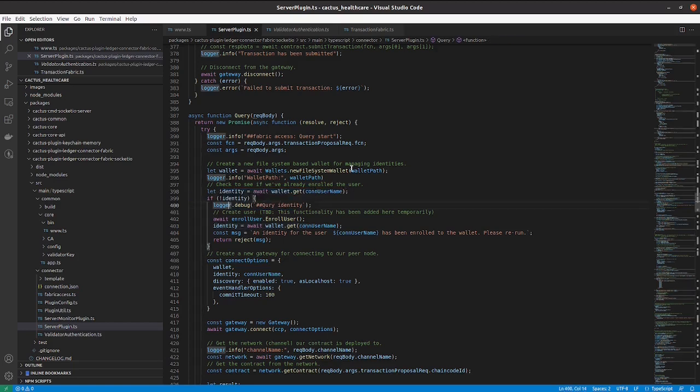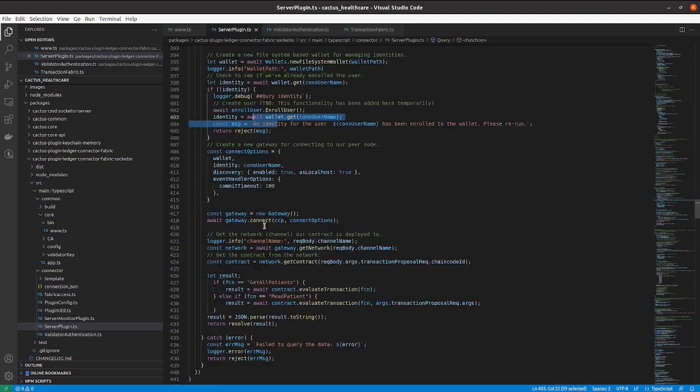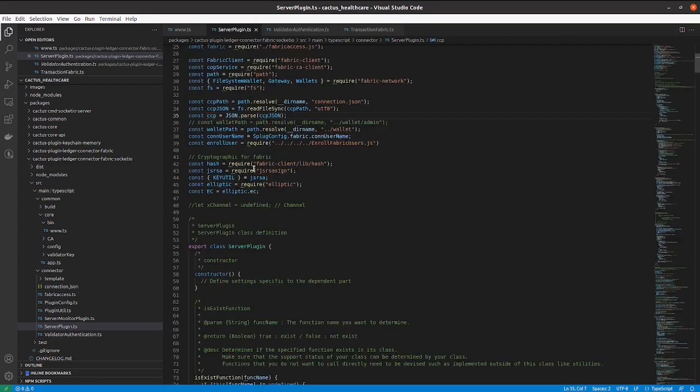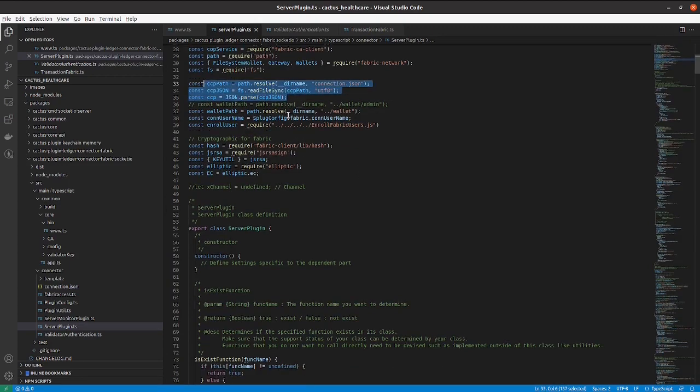For this demo, I am creating a user if it does not already exist, and then creating a gateway object and using the gateway.connect method, passing the common connection profile and connection options. With these values it is connecting to the network, and for the common connection profile, CCP, it is using the connection.json file.